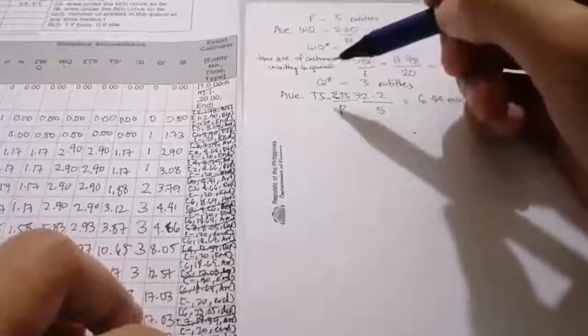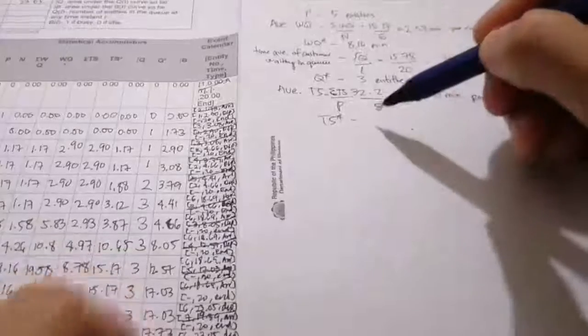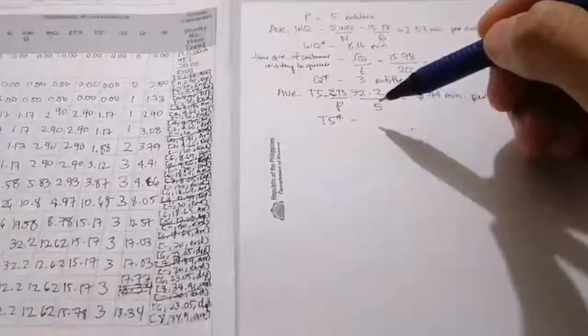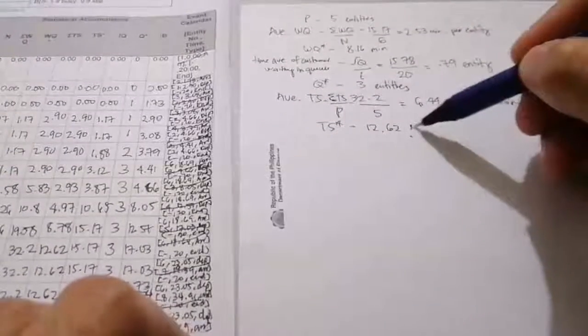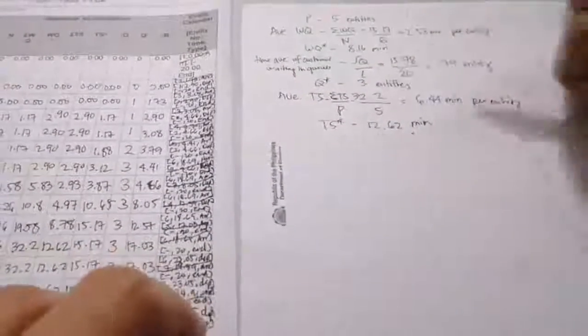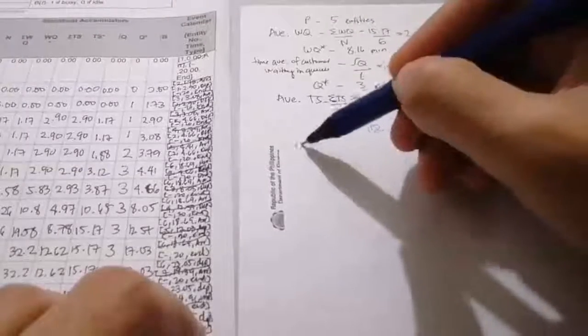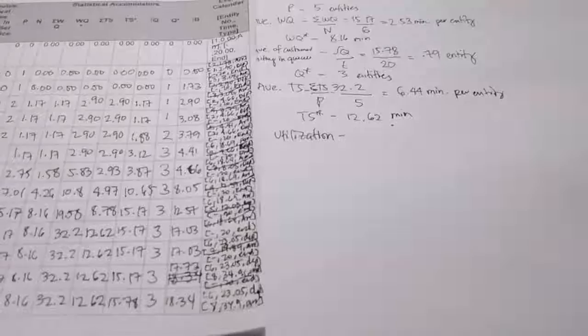And then, we have maximum total time in system of customer serve, which is available din sa ating statistical accumulator. So, this is 12.62 minutes. Lastly is the utilization of cook. Utilization. Yan. Utilization of cook. The utilization of the cook or utilization of the server, we got the area of B,